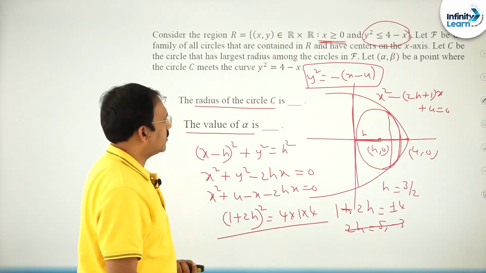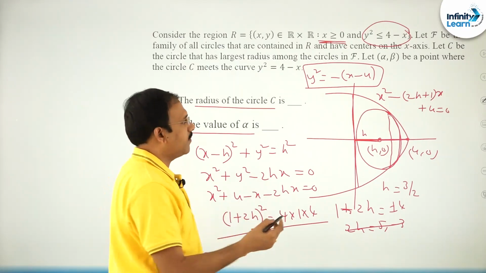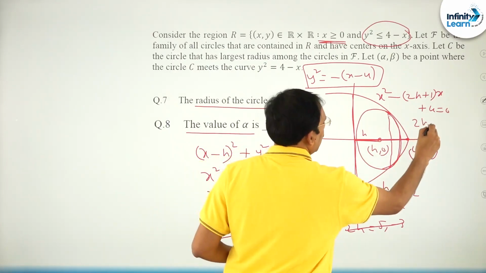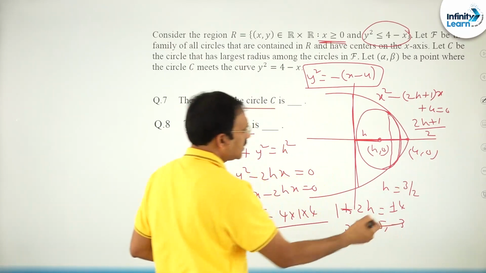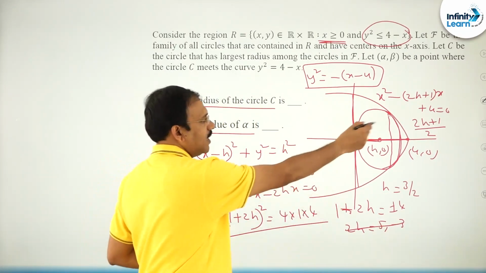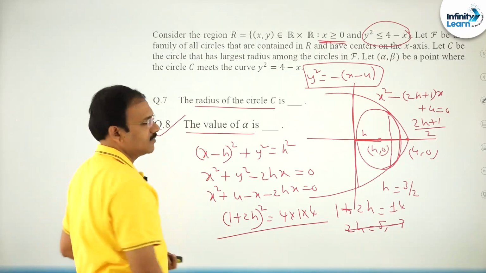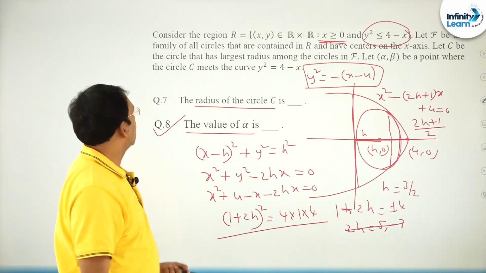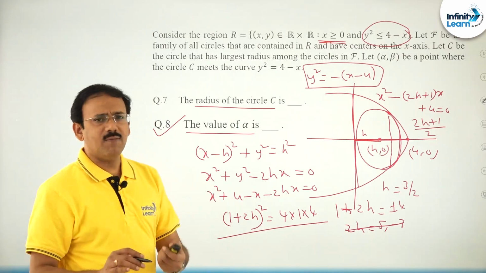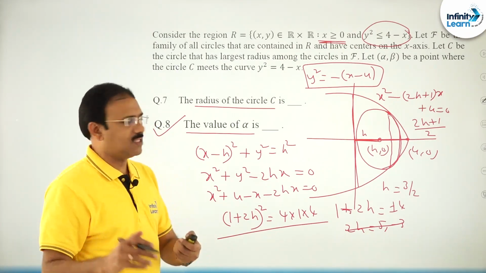From this, my dear friends, the x coordinate is minus b by 2a. So this is (2h plus 1) by 2. You just substitute h = 3 here: 3 plus 1, that is 4 by 2, which is going to be 2. That is all. So, friends, this question can be done easily by simple algebra.